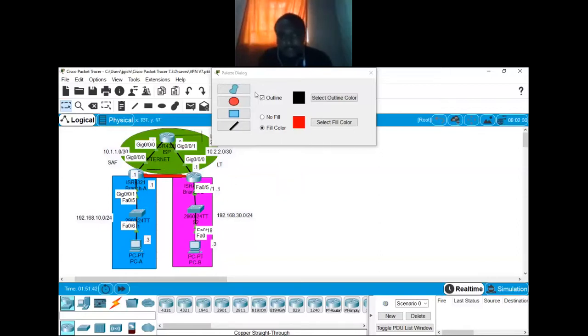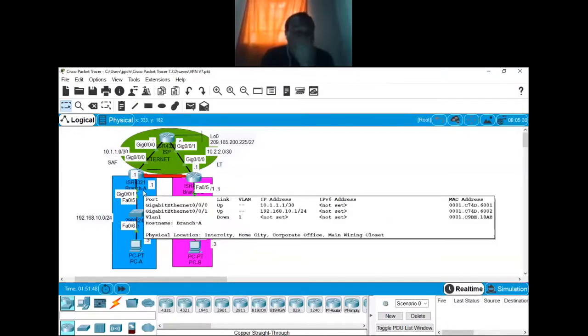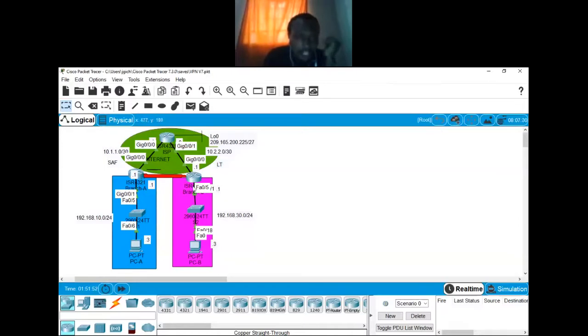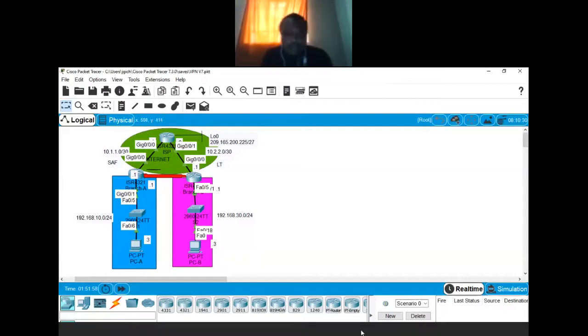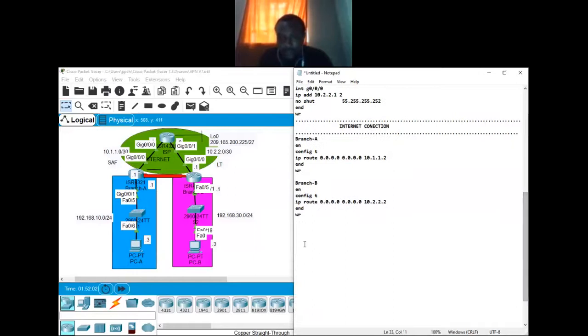So we call that our virtual link. So you want to create a virtual link between R1, branch A, and branch B. But remember, it's a pipe between branch A and branch B over the internet. So that's the first step, creating a virtual link between the two routers.